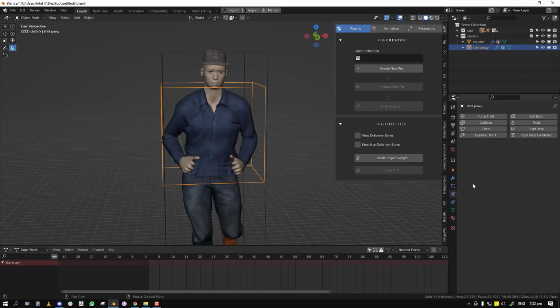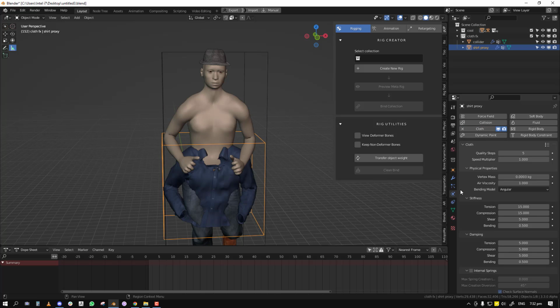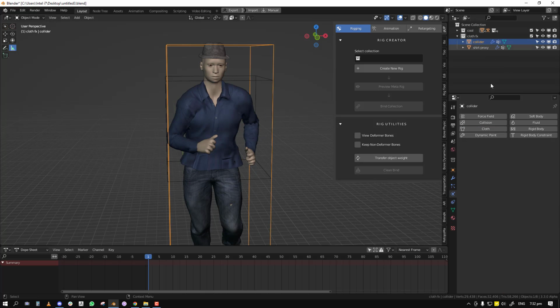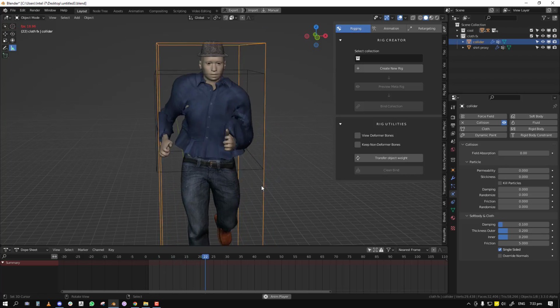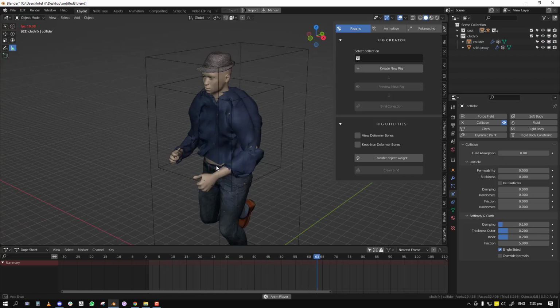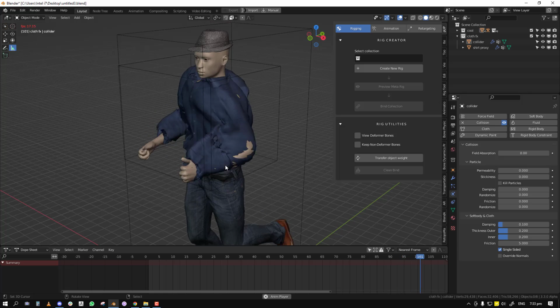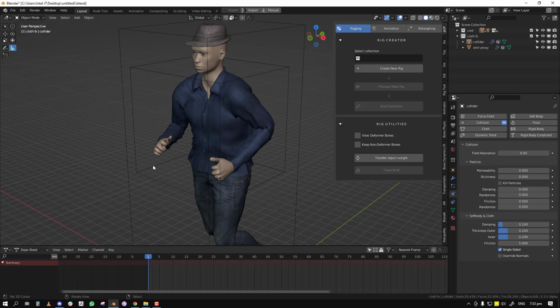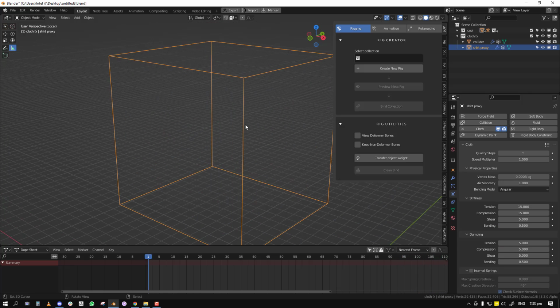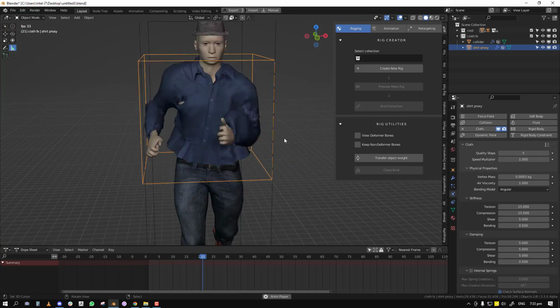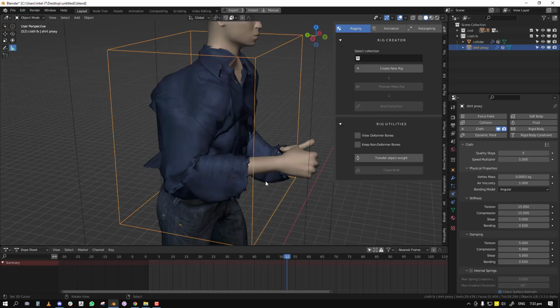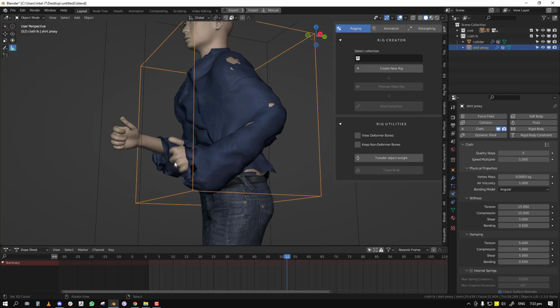Okay, now we can go ahead and add the cloth simulation, and we'll select the collider and make it a collider. Right off the bat, I'll make the thickness about 0.2. You can play with that as you like, so we can see what's happening. Before, we need to create a vertex group to tell Blender we want this particular point not to move so much. But before I do that, I want you to look at certain aspects. So let's look at the edges of the